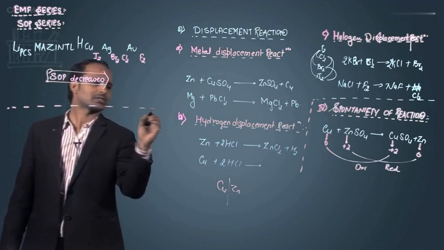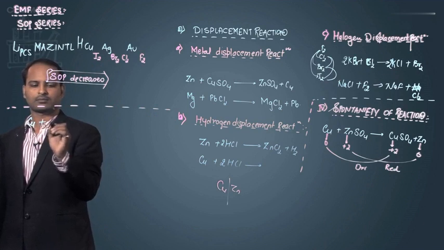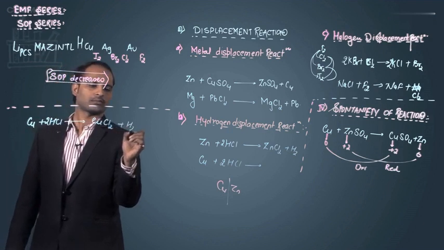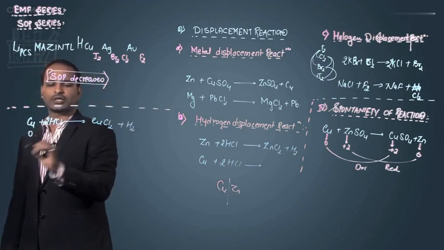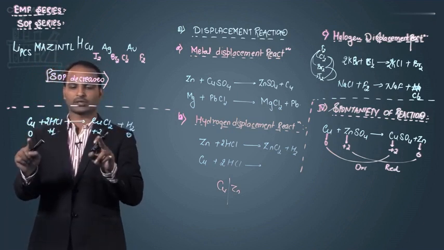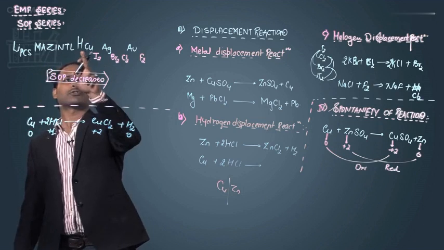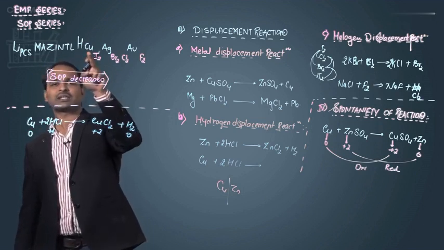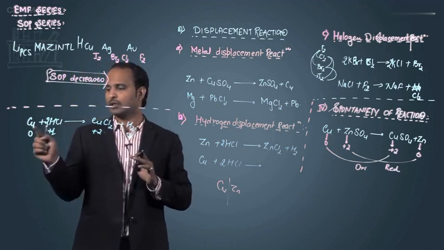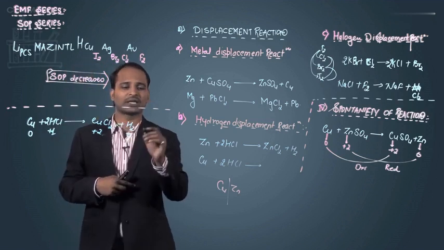Now let's see some more reactions. Spontaneous or not? Just find the oxidation numbers: 0, +1, +2 and 0. Copper is undergoing oxidation and hydrogen is reducing. Again compare: the SRP series says copper has the higher SRP value, so copper should reduce. But here things are opposed. Here copper is oxidized, while the series says copper should reduce. So again the reaction is